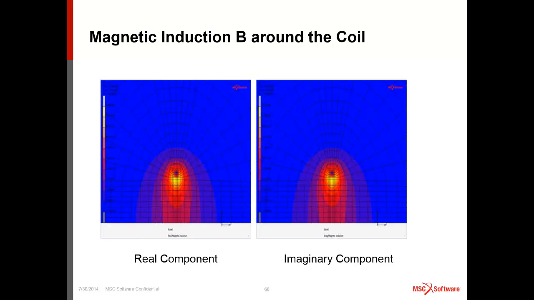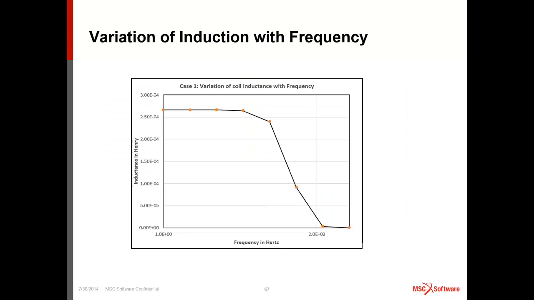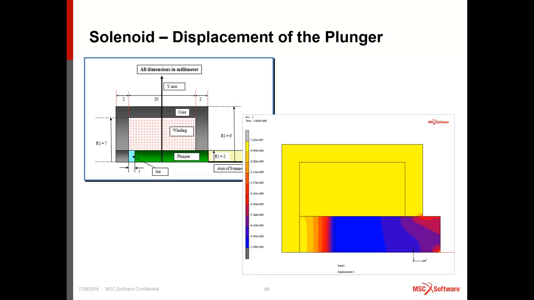Looking at the electromagnetic is when we get our really known answers. So we can look at the magnetic induction around a coil. If we would do a magnetodynamic problem in the frequency domain, we would be able to determine how that inductance varies with the frequency. But we're interested in structural problems, so kind of looking at a solenoid, and this is effectively the plunger,